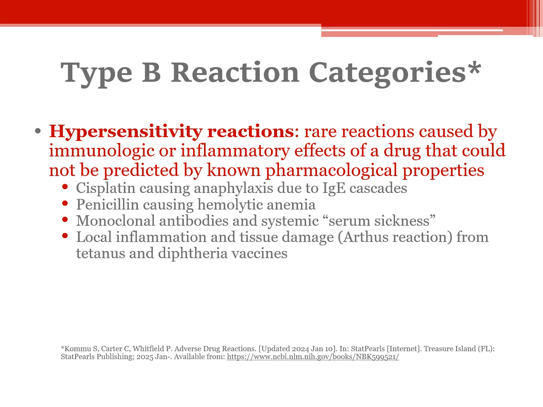We know that people given monoclonal antibodies can sometimes develop a systemic serum sickness where they basically become allergic to the monoclonal antibodies. And we also know there's a thing called the Arthus reaction, which is local inflammation and tissue damage from tetanus and diphtheria vaccines. Again, there were no known pharmacological properties of the tetanus or diphtheria vaccine that would lead to this, but there's now plenty of case study evidence that these do happen in a relatively rare number of people that receive these vaccines.